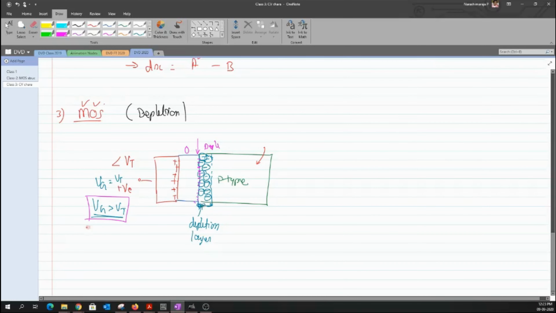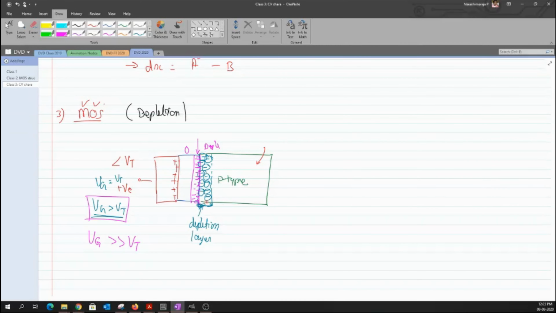So say for example, I'm trying to increase the value of VG to a much larger voltage. Now what it does is that it tries to pull many electrons into this particular structure between the oxide and the depletion layer, but the width of the depletion layer still remains constant. This is something that you always have to remember. So the channel has become much wider, carrying many electrons here, but when I look across the depletion layer width, that remains constant after you cross the value of VG greater than the value of VT. So this is something which is important. We'll hold this concept throughout the entire discussion.